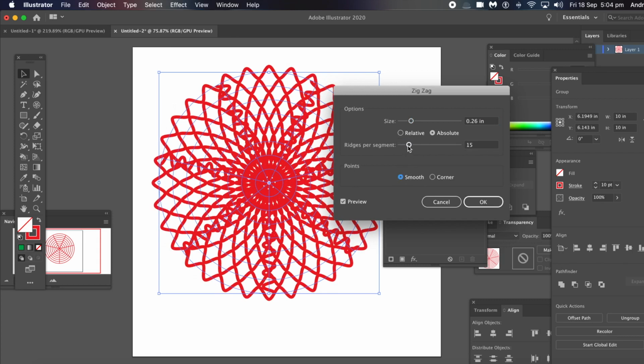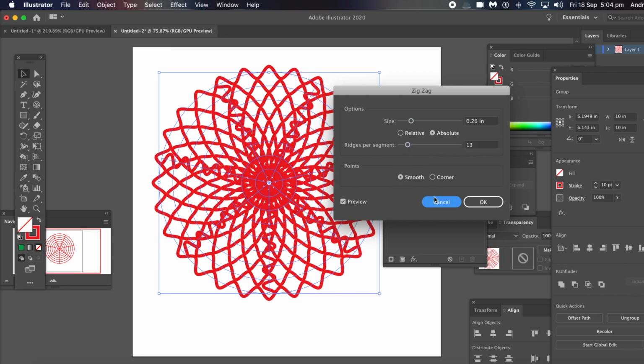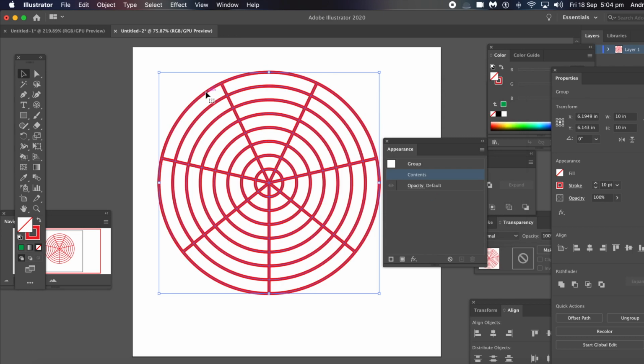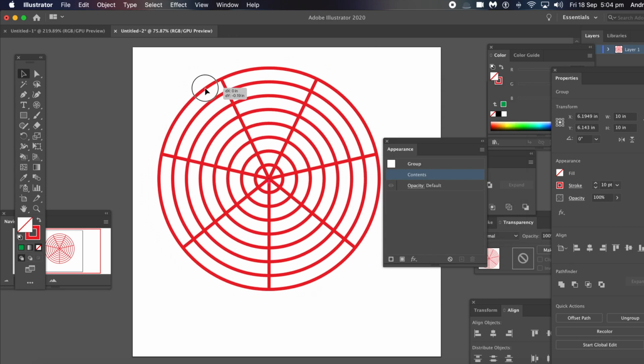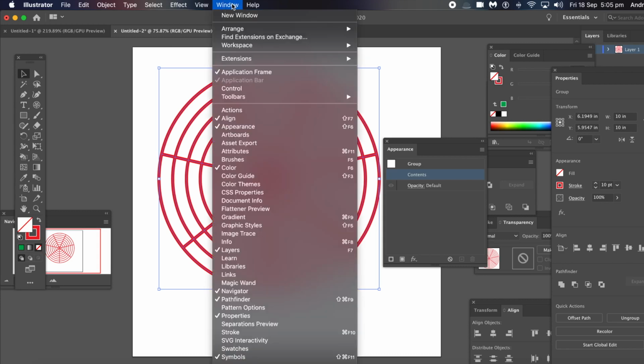Of course, you could maybe create a design without the radial, because it sort of gets in the way a bit. What else can you do? Well, you can go to, obviously, window. I'm just going down to,